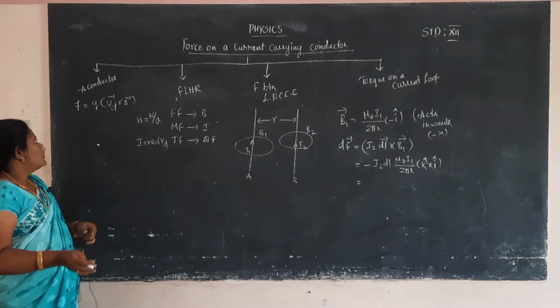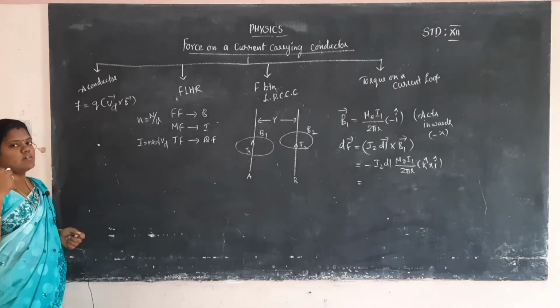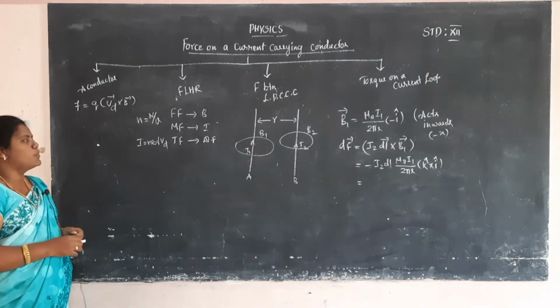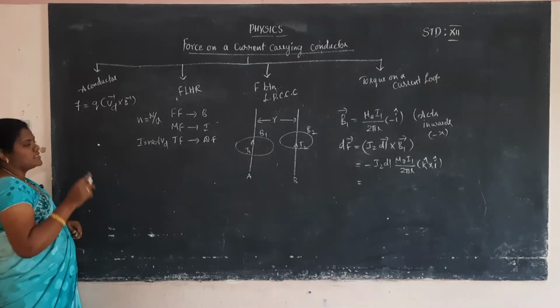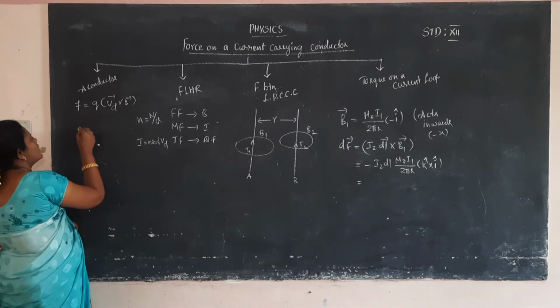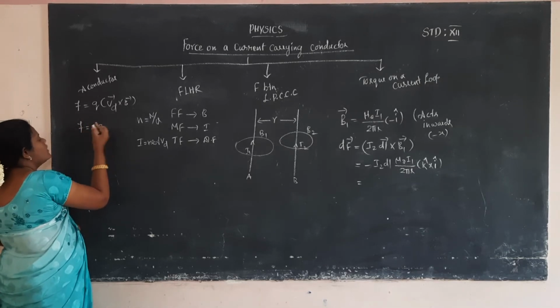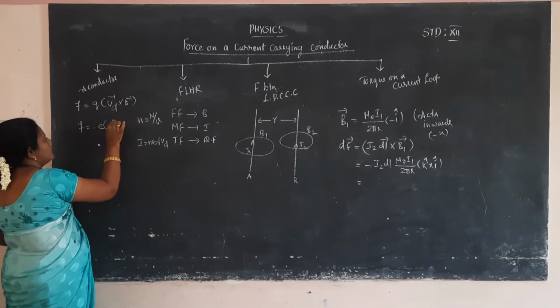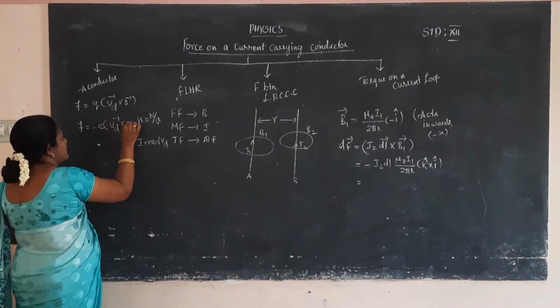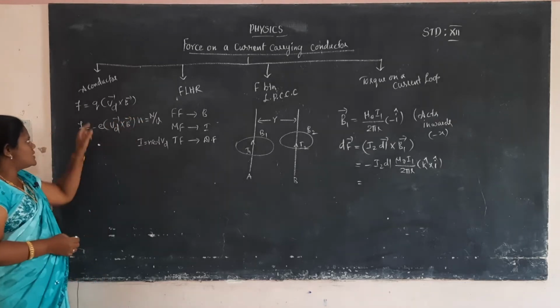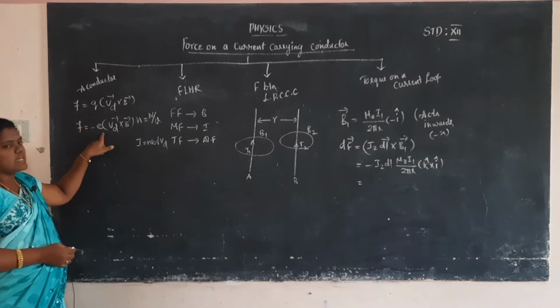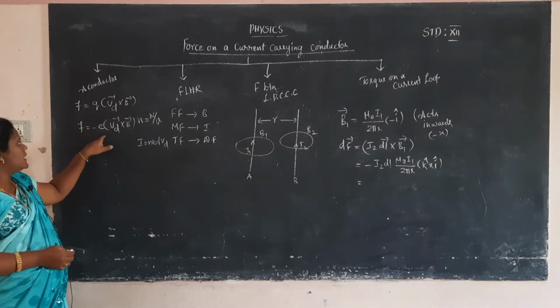So we take the electrons, because we consider a current carrying conductor. In the current carrying conductor, electrons are moving, so we have to consider the charge of one electron. So F is equal to, for the flowing electron, which has a negative charge, minus e, Vd vector cross B vector. So I changed the charge with respect to electrons, that is minus e, the charge of one electron, so F is minus e Vd cross B.